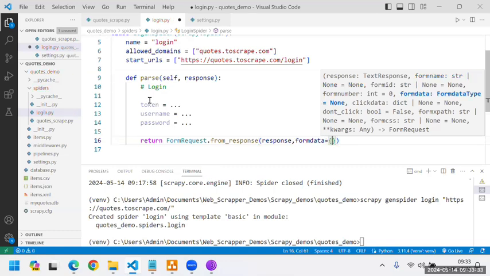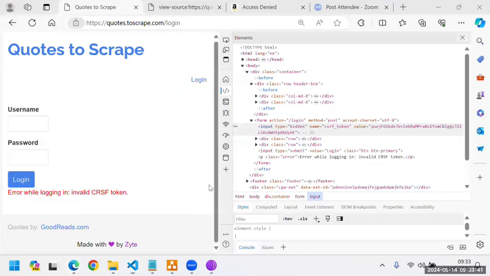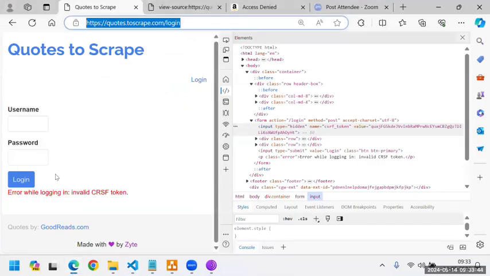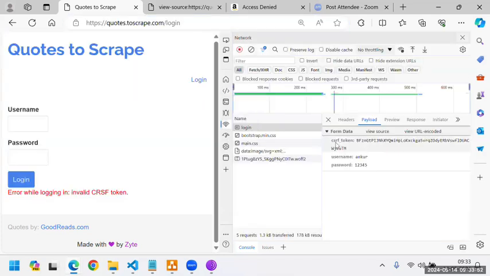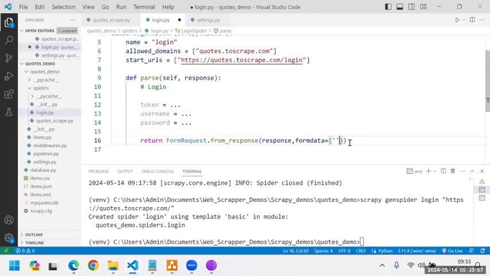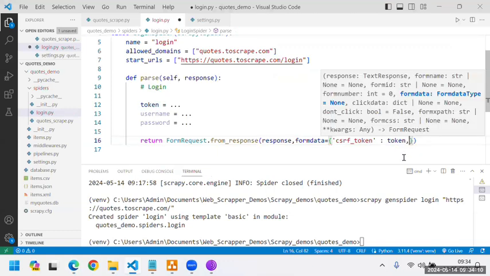So in that dictionary, the naming of the keys of the dictionary is important. You should write exactly as it is, like how it was displayed inside the network tab. If you remember, if you go back to the network tab, where it was written as csrf underscore token. So exactly it should be as it is. So the key should be csrf_token. That should be the key, and the value should be token. So I'll just copy over here, token, comma,